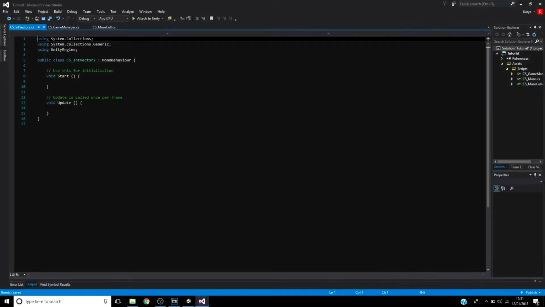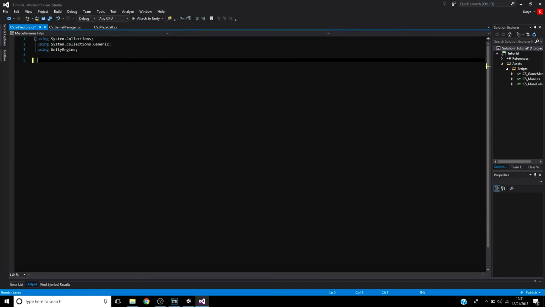This is going to be a struct instead of a class, so we'll just delete the contents and create a struct. So we'll click public struct int vector2,